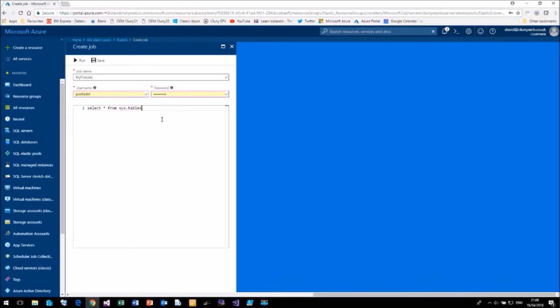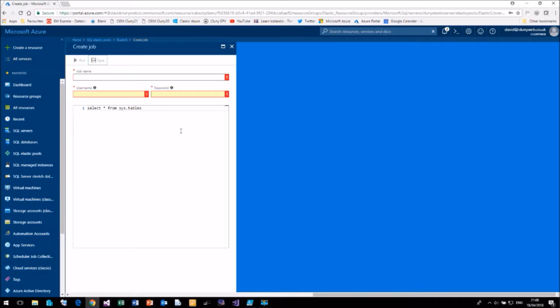creating a table, and I was intrigued as to why that is, because it doesn't seem the sort of thing that you would do on a regular basis with a scheduled task. You're more likely to want information returned from a scheduled job, hence select star from sys.tables. But I will demonstrate why people tend to use create table rather than just a select statement. So let me save this,